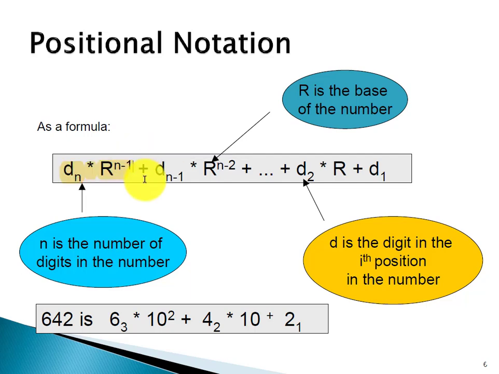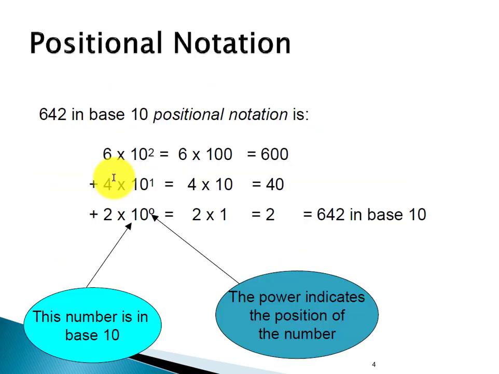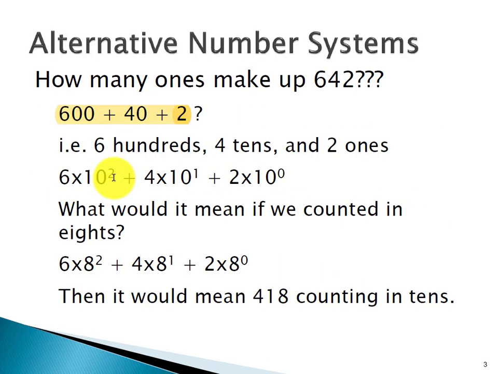Okay, let's go back up again and let's see this. So we're going to go back here. This was in the example 642. We were in base 10. So your 6 was position 1, 2, 3. It was position 3. So it becomes 6, which is position 3, multiplied by the base, which was 10, to